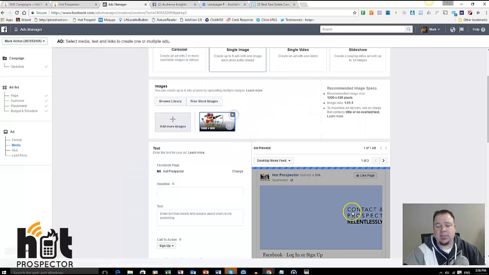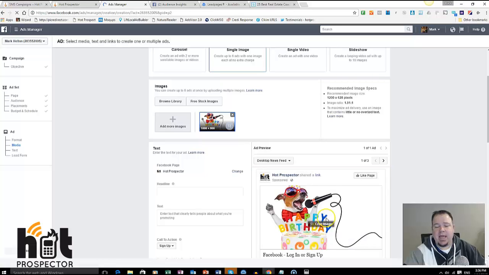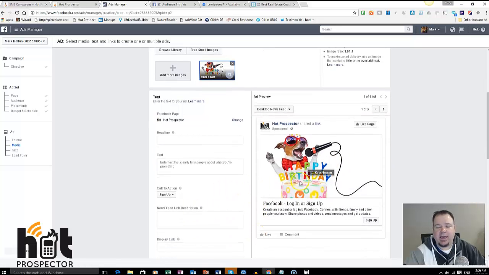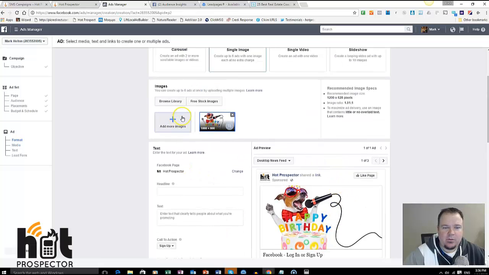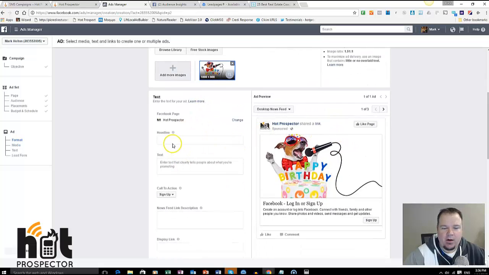Okay, so we'll just select that. Bam, we've got our birthday image here. Cute little doggy with happy birthday. And now let's go ahead and put in our headline. Now, the headline is actually going to be down here. Okay, so we're going to say, click